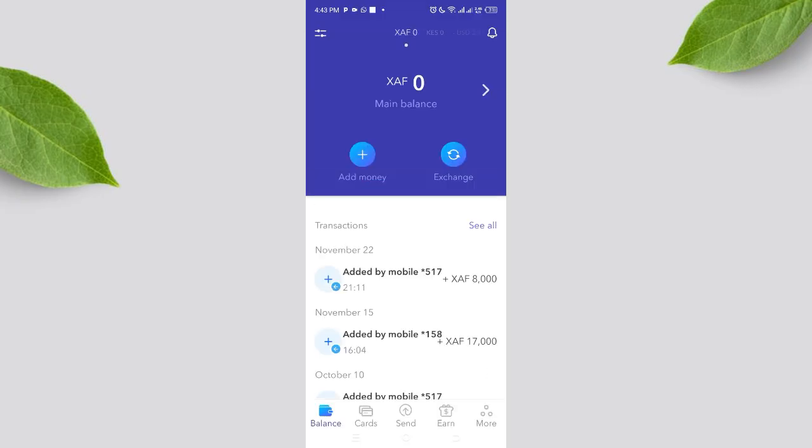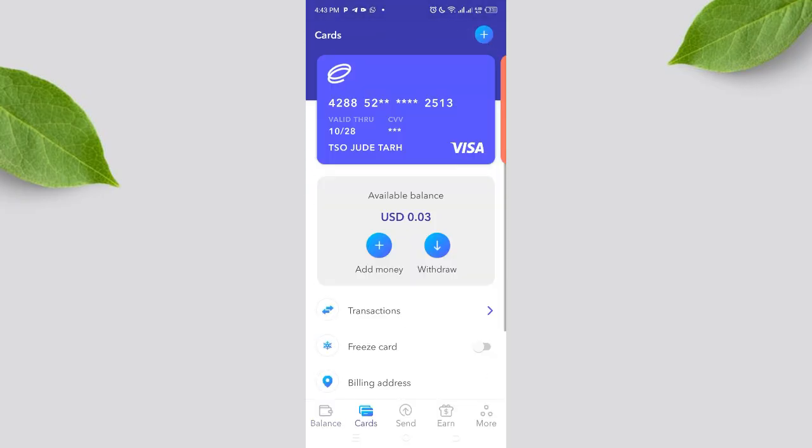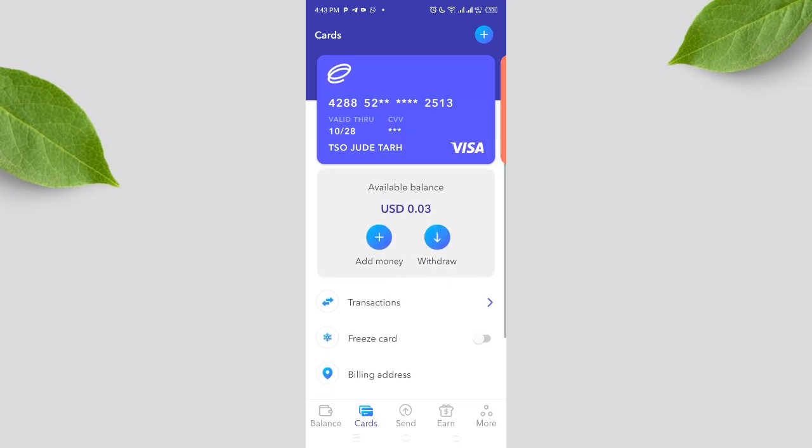Once you're here, you can go to the particular card. If we did that transaction, the amount will appear here. The available amount is going to appear here, and then you can see withdraw, right? You can see withdraw. So you're simply going to withdraw. It's here in USD. So you can click on withdraw,